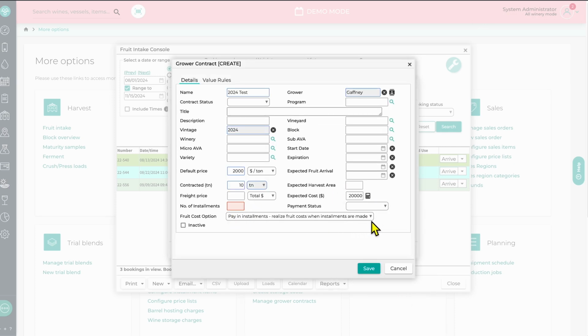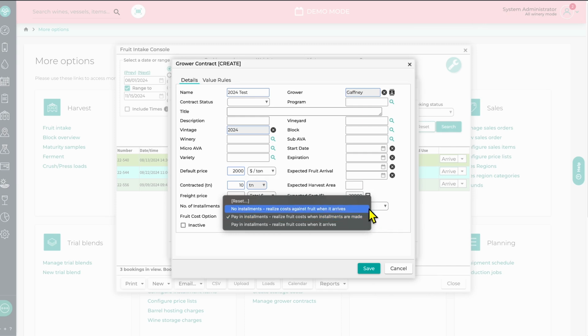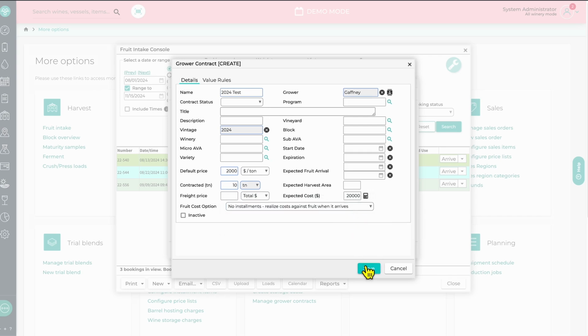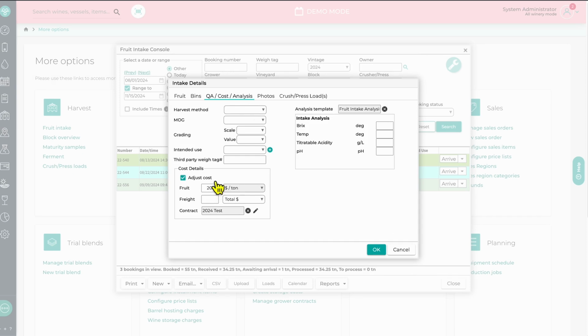And then the fruit cost option, which we talked about: no installments, realize costs against fruit when it arrives, pay installments. So this is required. We'll do that. And there we go. So now I have this 2024 test. The way to get it so I can adjust here is to just X out, and now I have the ability